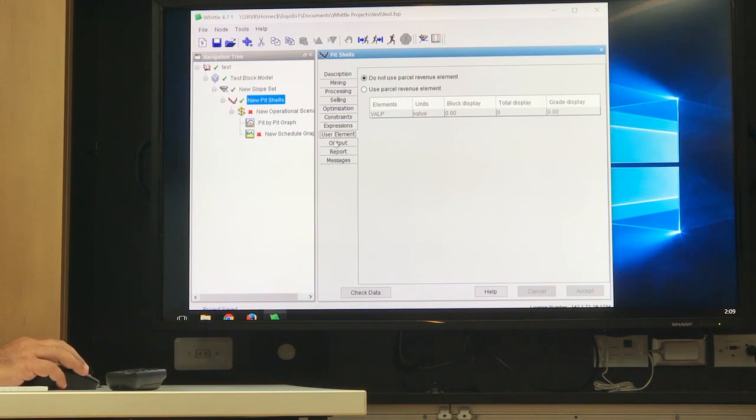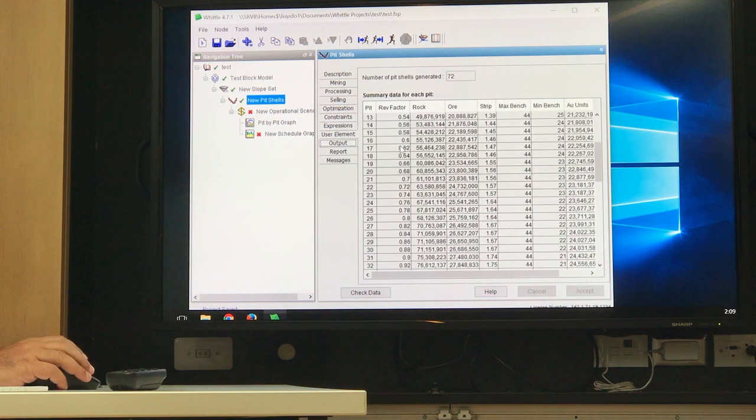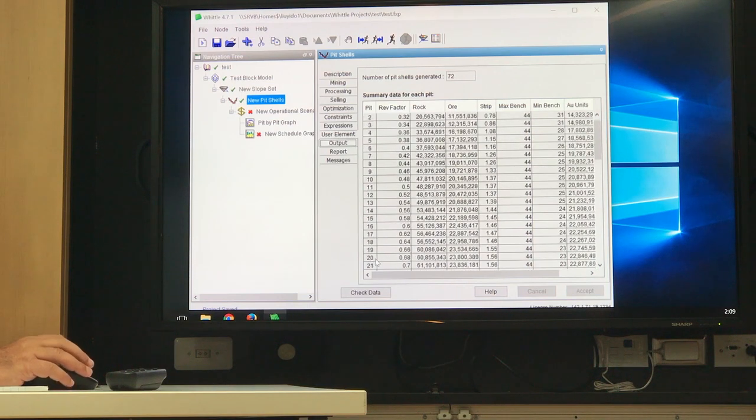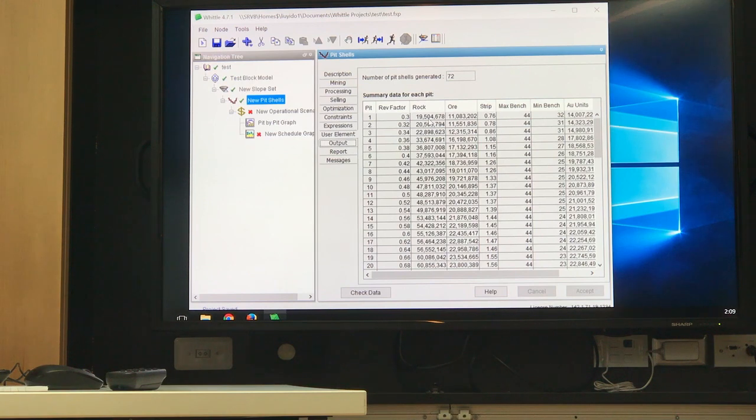So now we have the results. We could look at the output. As you could see, these are all the pit shells that have been generated. Only 72 pit shells have been created. Why? I will tell you why. We started with 0.3 as the first one. As you could see, it actually made a pit for 0.3. So with $300, you still have a pit shell. And this pit shell contains 19 million tons of rock and only takes